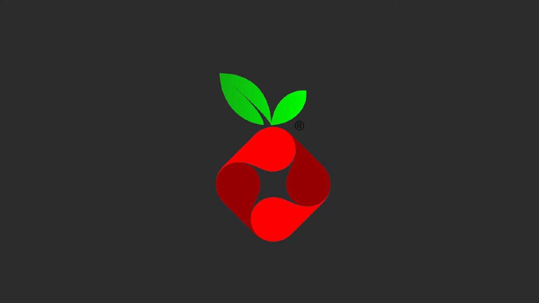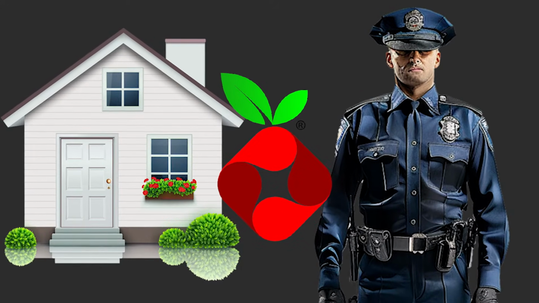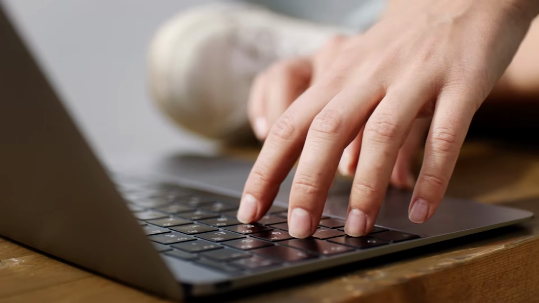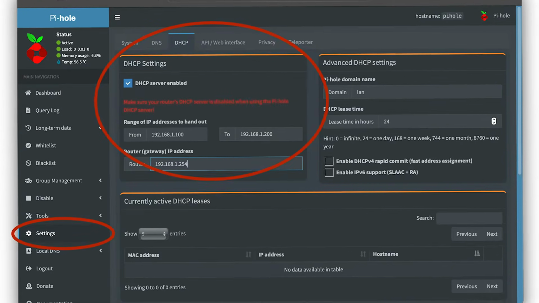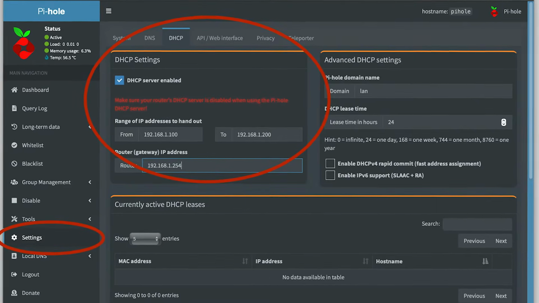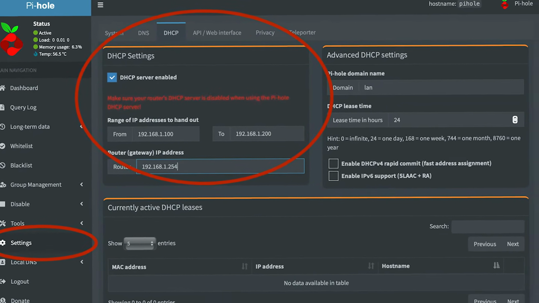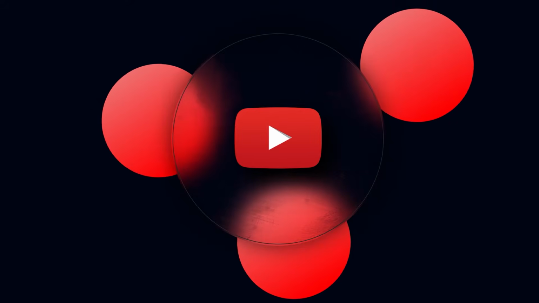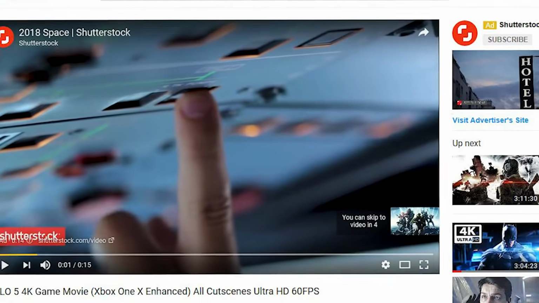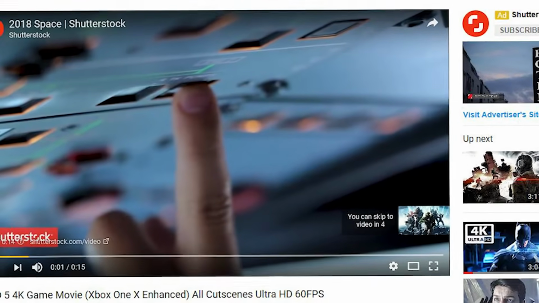Pi-hole is like a traffic cop for your home internet. Every time your devices go online, they ask DNS, where do I go? Pi-hole checks each request, and if it sees ads or trackers, it blocks them before they load. There's one big limit though. Pi-hole won't reliably block YouTube ads because YouTube ads and videos often come from the same domains, so DNS cannot